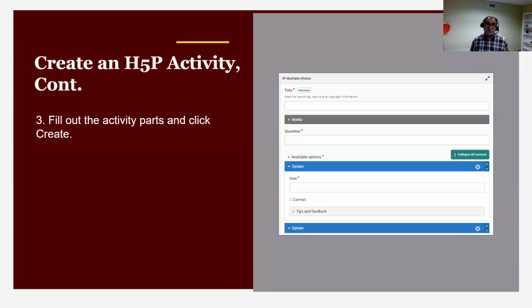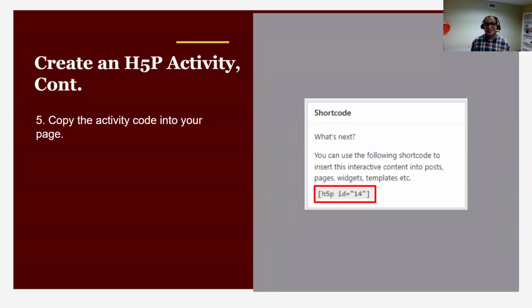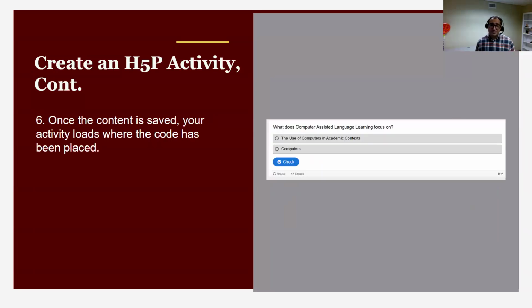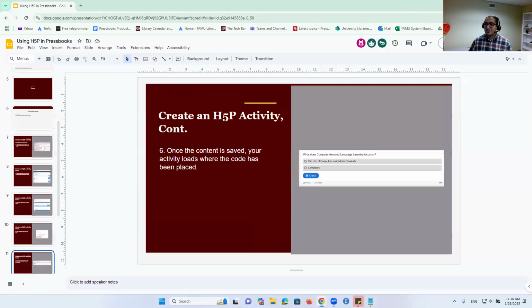So the third step would be filling out the activity parts in, then click create, which will generate an ID, which you would copy into your text, wherever in the text you would like the activity to show. And that's it. You're done. Your activity is created. All right, so I'm going to move away from here, exit out of the slideshow, and show you